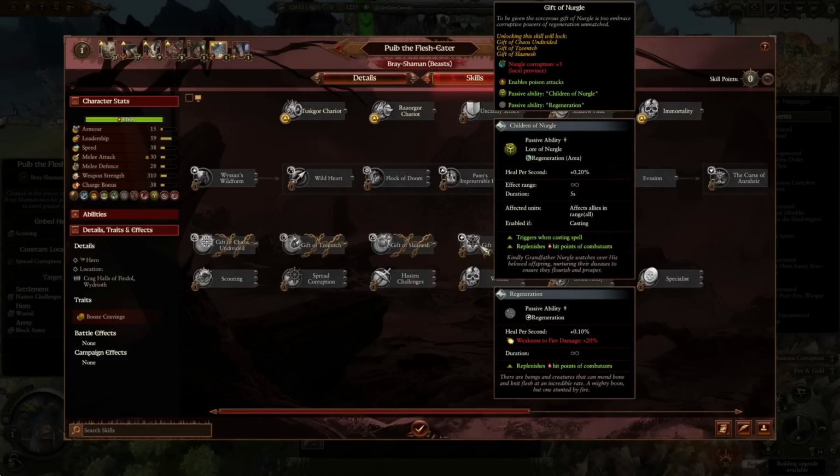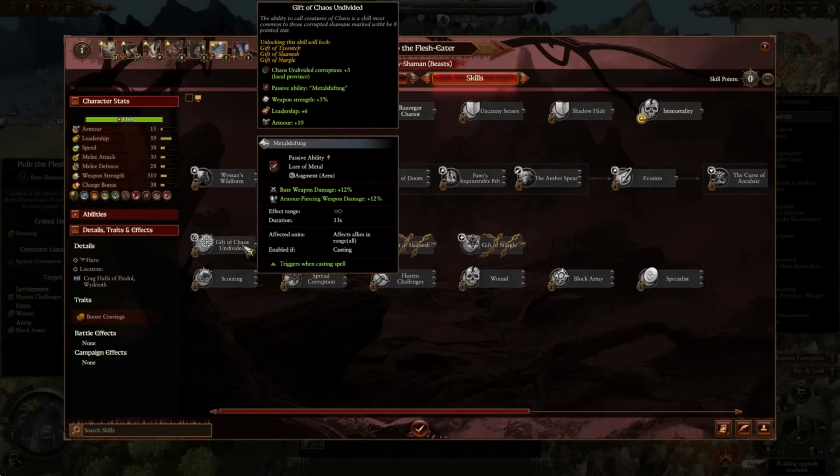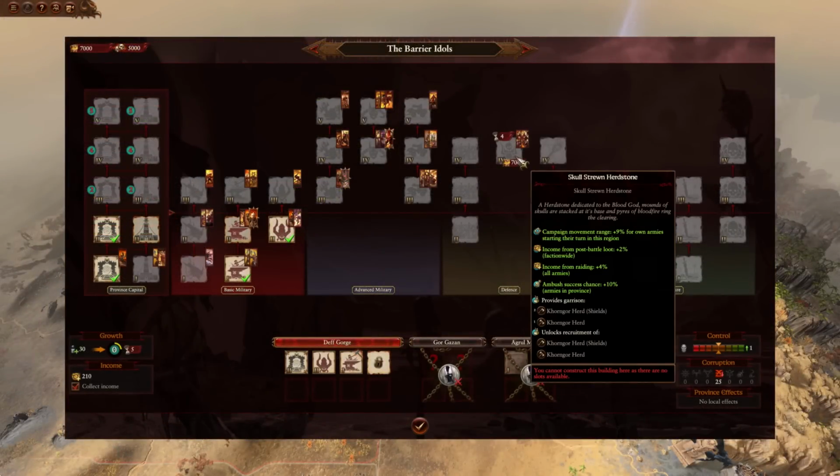I was running full 20 stacks by the time I got to turn about 100 or so, as I was running a lot of armies and I was trying to do as much damage as possible. But as you can see, that's not all. The Beastmen aren't just available for the Beastmen factions, but also for their god-specific factions, such as, for example, here